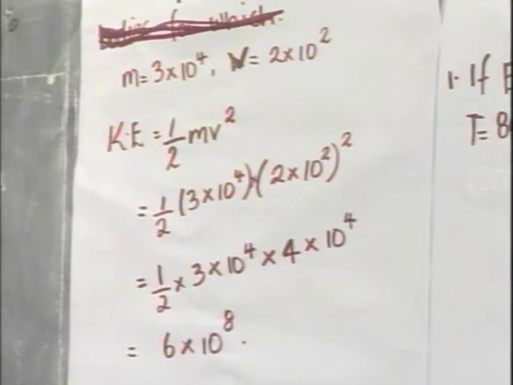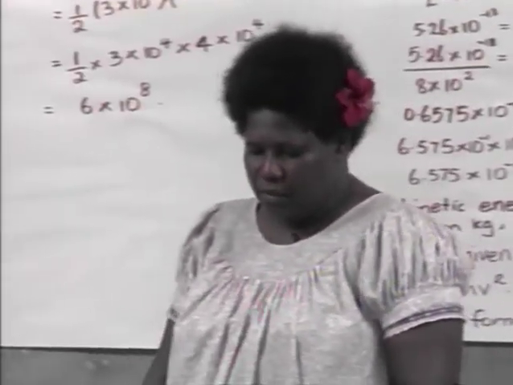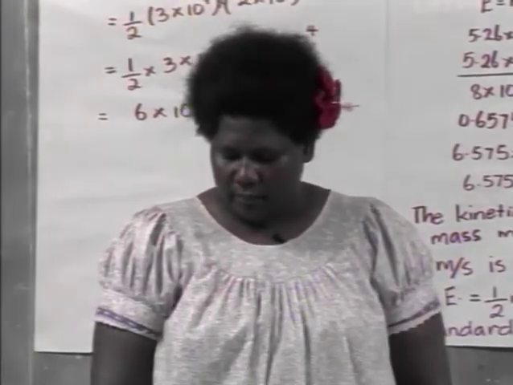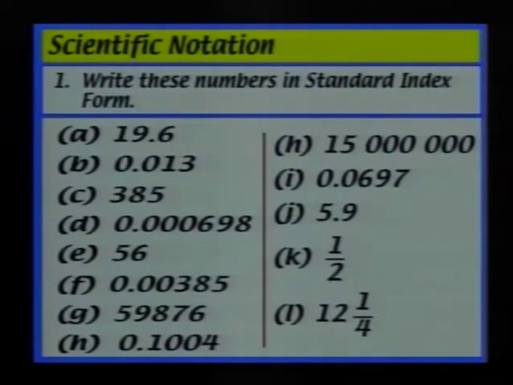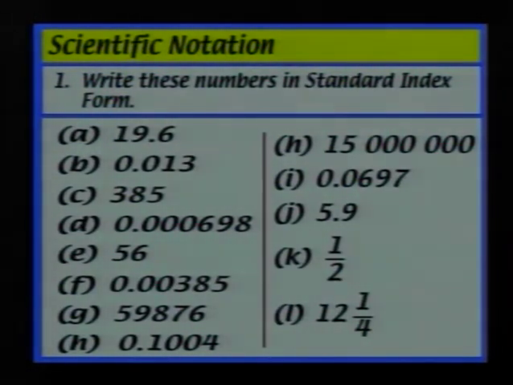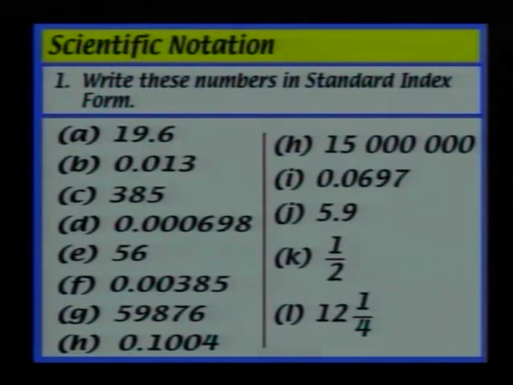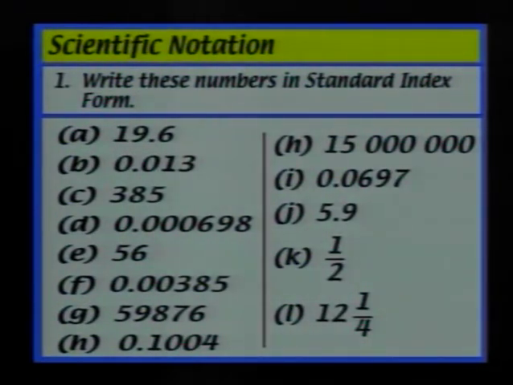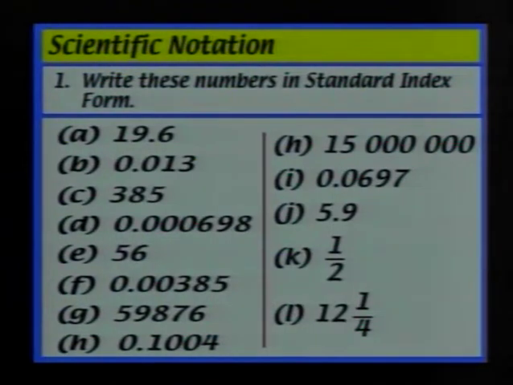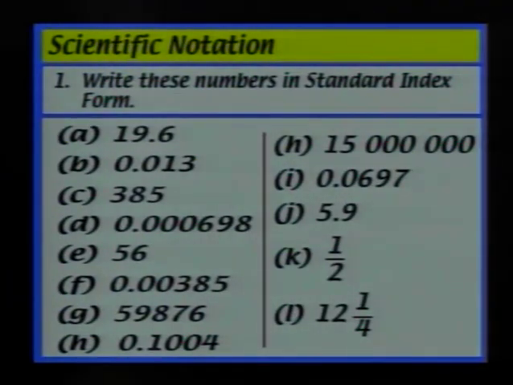Okay, on your worksheet, the exercise on scientific notation. Question 1 first. To do now, I'm just going to give you a few of those and then you can do the rest for homework. You're going to do question 1 and 2. Question 1, the following: A, C, E, G, I, and K. Every second letter beginning with A. A, C, E, G,